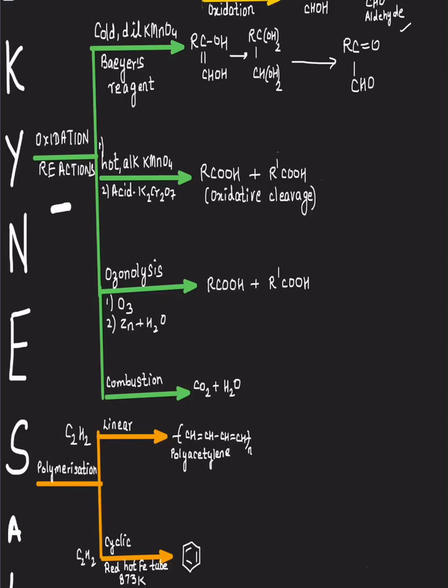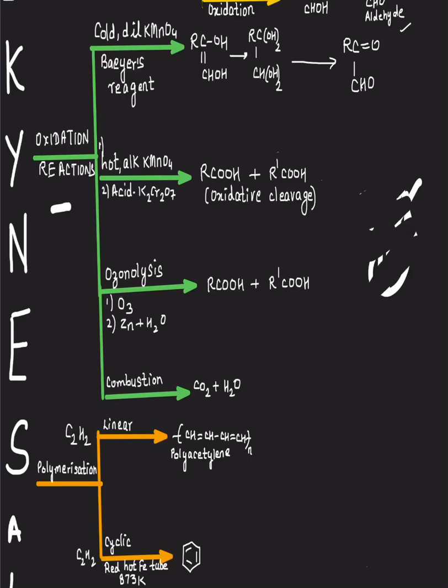What do you have to do? You have alkynes on the left hand side, and these are the reactions of alkyne. The alkyne that I am taking up in most of the reactions is RC triple bond CH. Why can't it be CH, RC triple bond CH? Yes, because the valency of carbon is 4. So 3 bonds here, 1 bond here. I cannot put an H over here. That would be wrong.